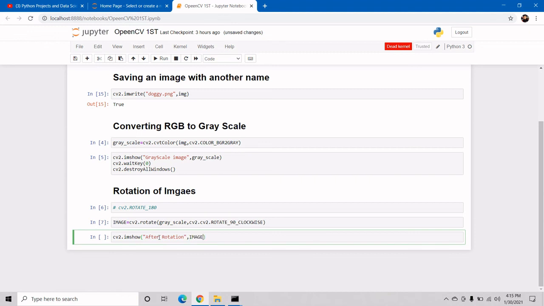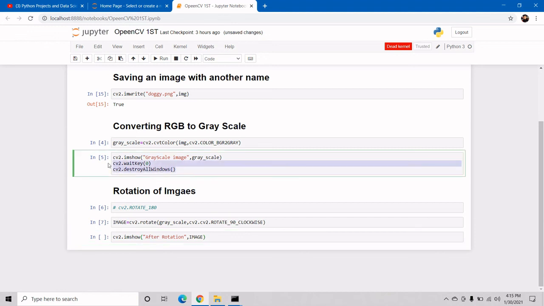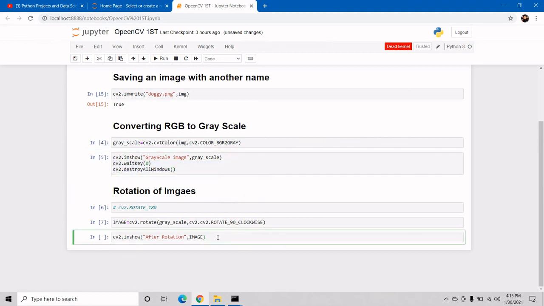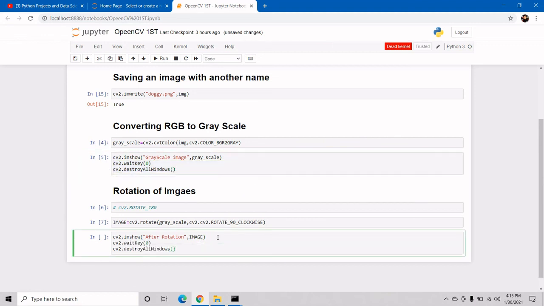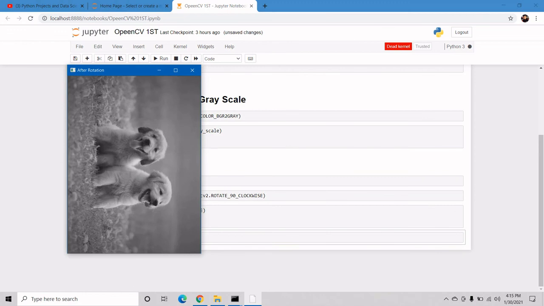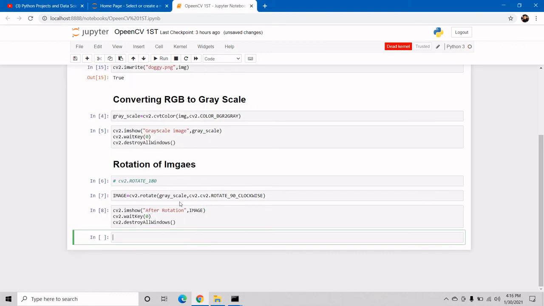After this we have to use both of these functions, because if we do not provide both, it will shut down the kernel. As we can see, it is rotated clockwise. We can also use anti-clockwise. There are a lot of functions like this.